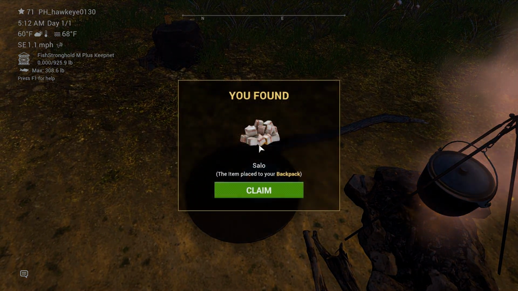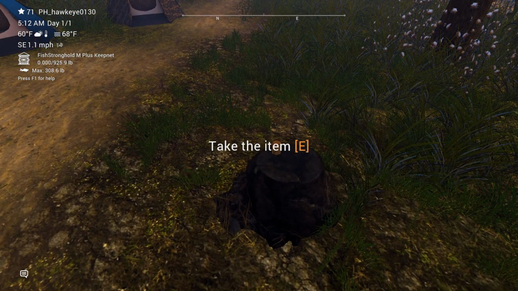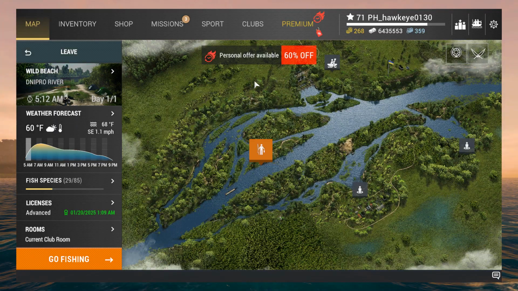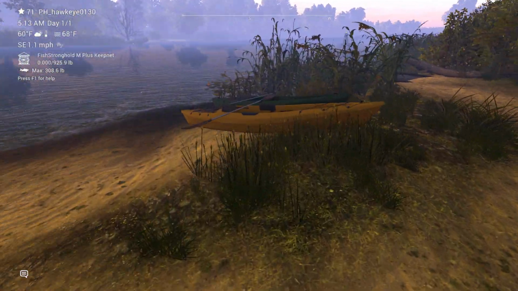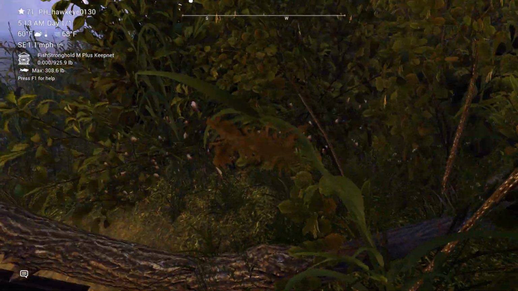Oh, there we go. Salo. The heck is that? Can of mussels. We found the mussels. Alright. So that, guys, is right here at the wild beach. So we need to get the mint. And I just ran into that as I was looking around, so...